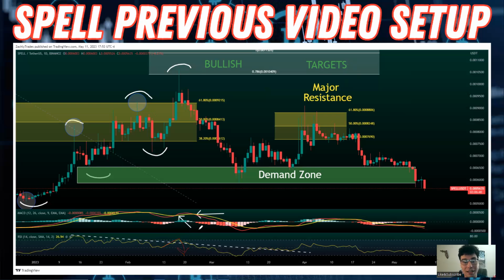right? And the reason that that's pretty significant and a big sign is because at this moment right here, buyers and bulls are presented the full opportunity to really drive price higher on a continued breakout, right? But rather what happened was the bulls did not take advantage of that opportunity. It showed that sellers are in control, and it's a very bearish sign when you get that look above and fail, a false breakout. And you can see we dropped all the way back down into that demand zone eventually